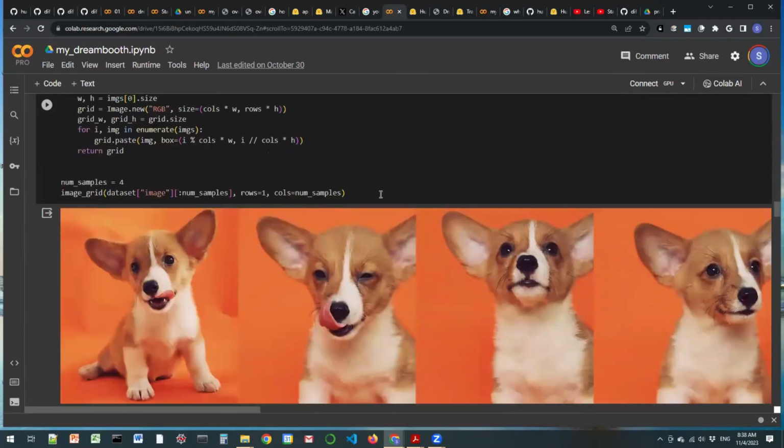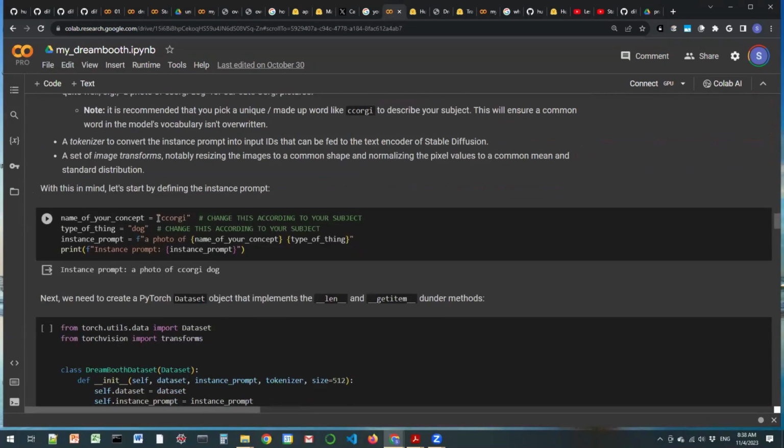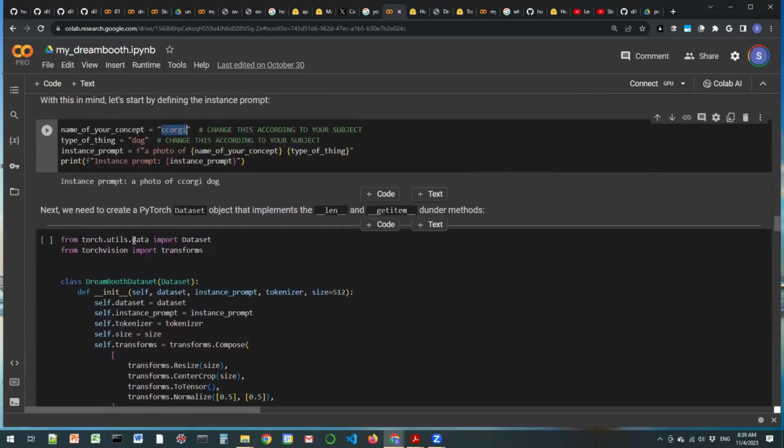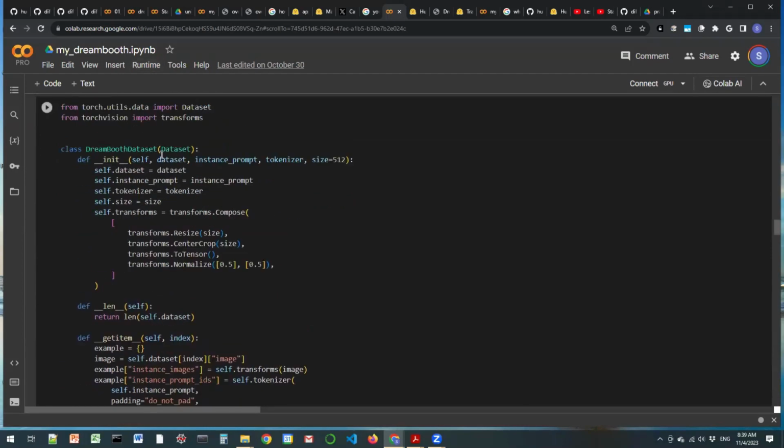Here's the corgi face and the faces of it, and then create the training data set. Instead of the bracketed V here, you use a C corgi, make up your own word, so that it's not identical to any prior word in the English language, so it better be a unique identifier. And then there's a class, and then a photo of the name of your concept, which is C corgi, and a type of thing, which is a dog. And then use the data set and the Dreambooth data set, which is a